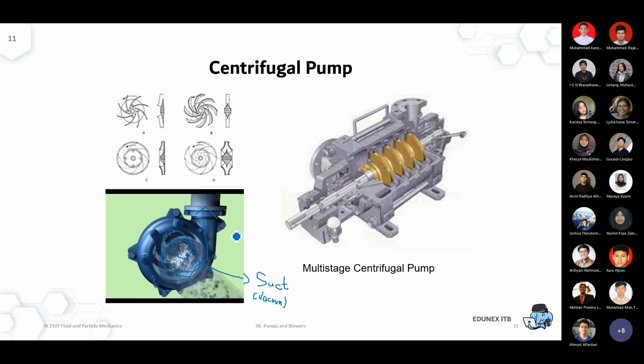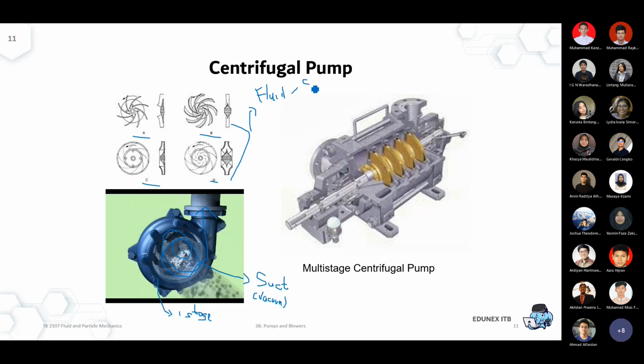Okay, so this is a one-stage impeller system. In this illustration, it's a single stage impeller system. But depending on our needs, of course, it can be designed in a more advanced way. We can play around with the shape of the impeller. Of course, this will be decided by the fluid characteristic.